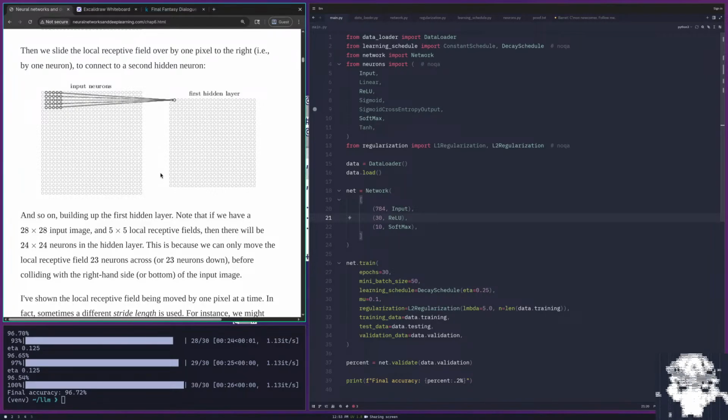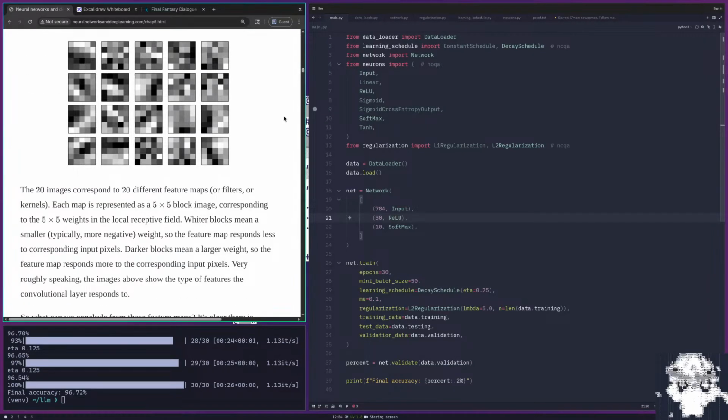So on the one hand, by forcing the weights to be the same for all of the same 5 by 5 areas, you're forcing it to search for features, and you're forcing it to know that it doesn't matter where it finds the feature. It counts as the same either way, wherever it is. So on the one hand, you're forcing it to do something in a specific way. On the other hand, the number of weights is really small. It's 5 times 5, so it's 25 extra weights to do all of this extra